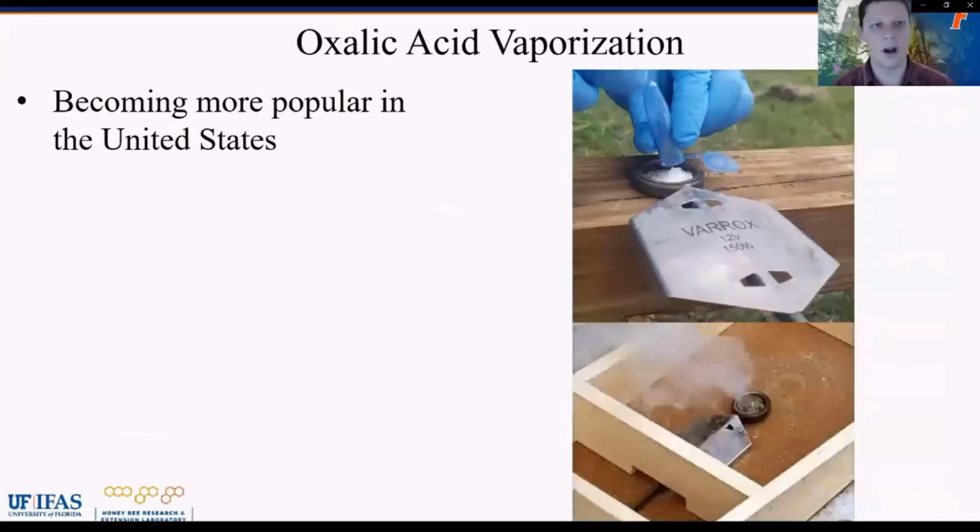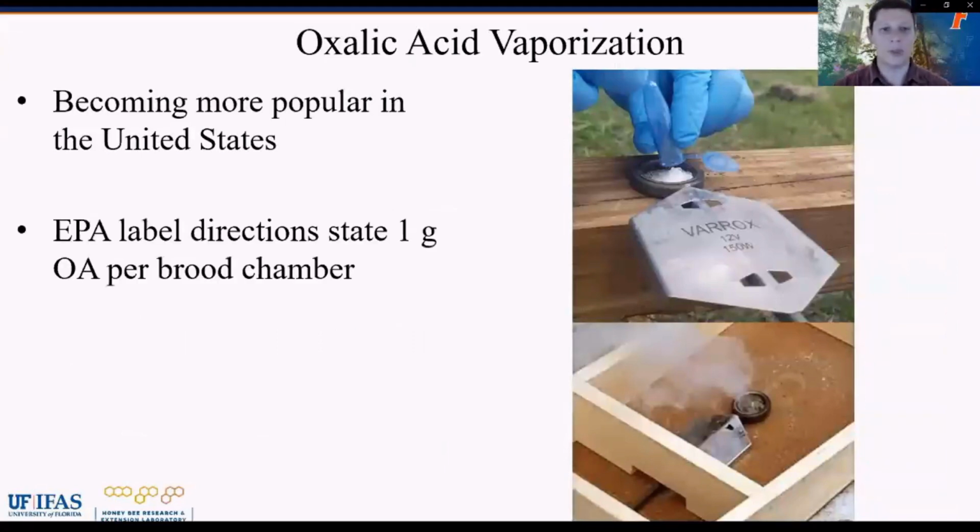One method of application for oxalic acid that is becoming more popular throughout the world, especially in the United States, is vaporization. What that means is we are taking a solid, you can see we've got these white crystals, and putting them into a device that is going to heat them, which basically will turn that into a liquid and then to a gas. If you're using pure OA, which is actually against the label, then it would be sublimation, where you take it straight from a solid to a gas. But according to the label, we are to use oxalic acid dihydrate, and that is going to turn into a liquid first and then into a gas, and it's going to coat the inside of that hive